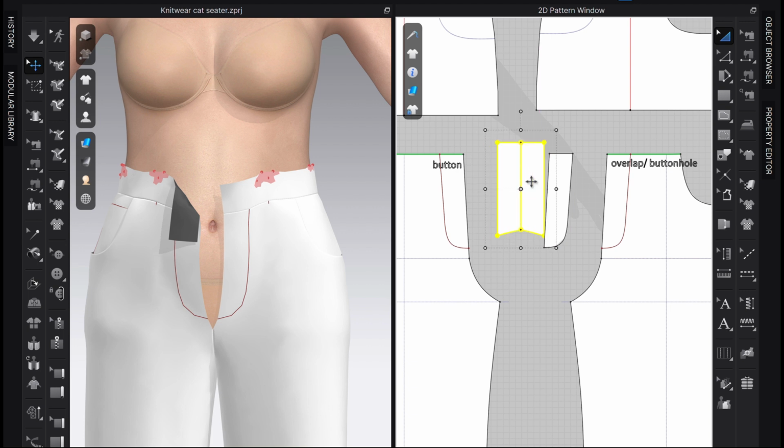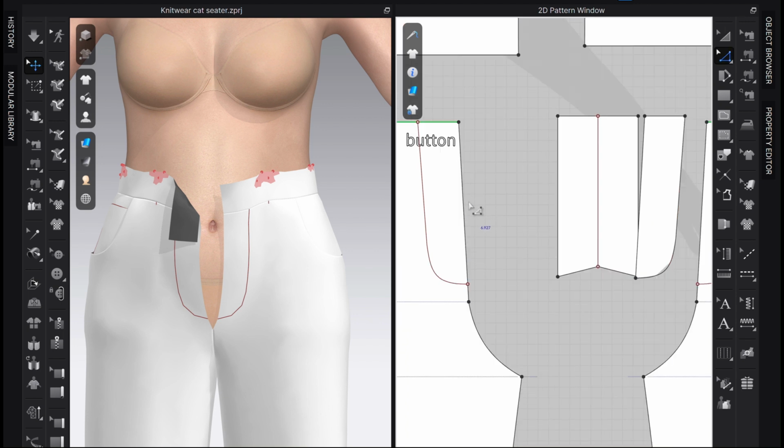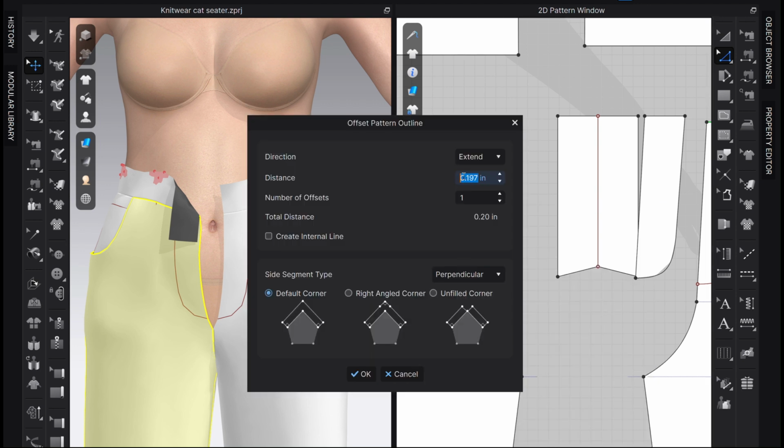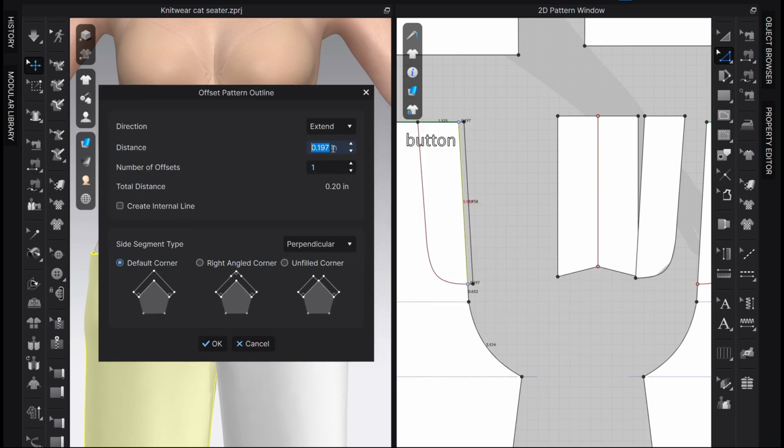Now for sewing the zipper, first I need to extend my pattern on the bottom side, quarter or 3/8. I'm choosing quarter now, and with the edit pattern tool, I select this line and offset pattern outline and put quarter